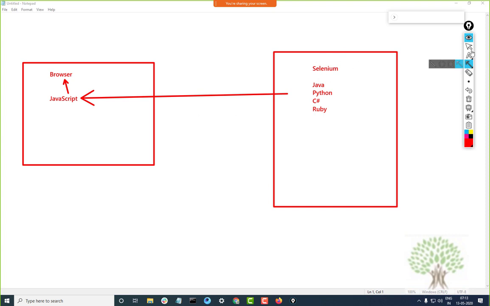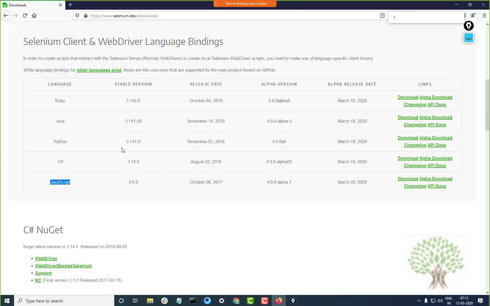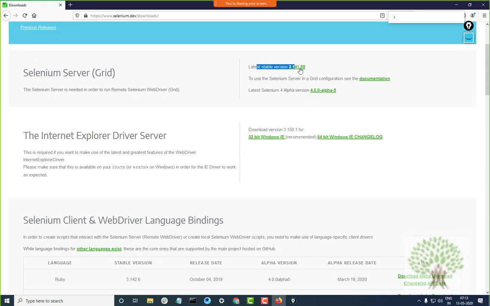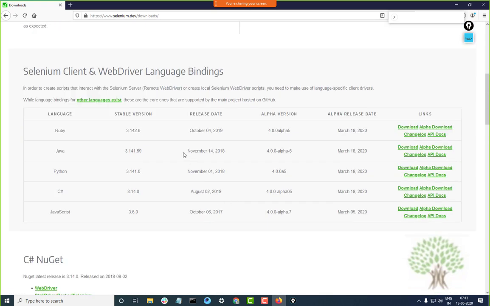Fine. Now the major challenge in front of us is that, suppose you are learning Selenium with Java. See, this is the last stable release, 3.141.59, the last stable version, and it was in November 2018. Since the past 2 years there hasn't been much of a change.